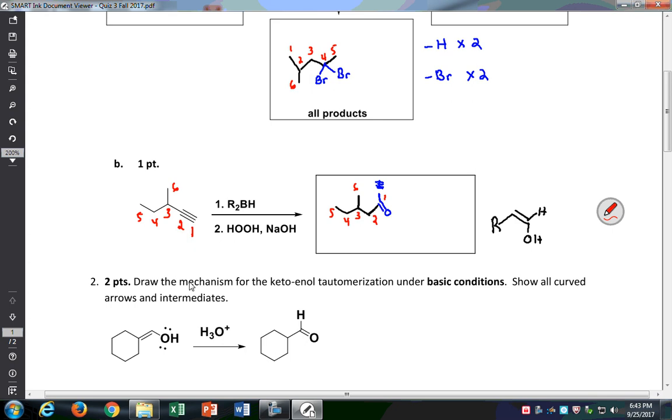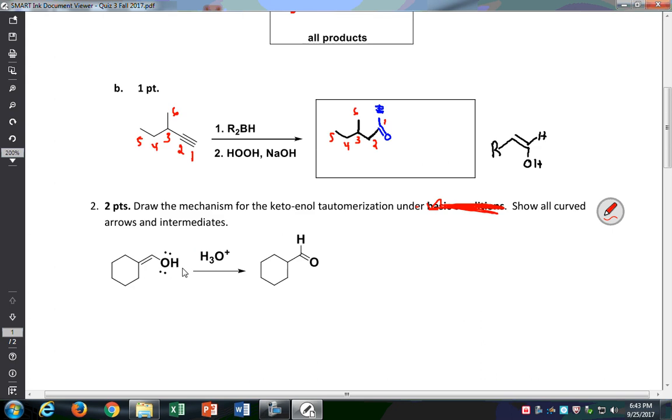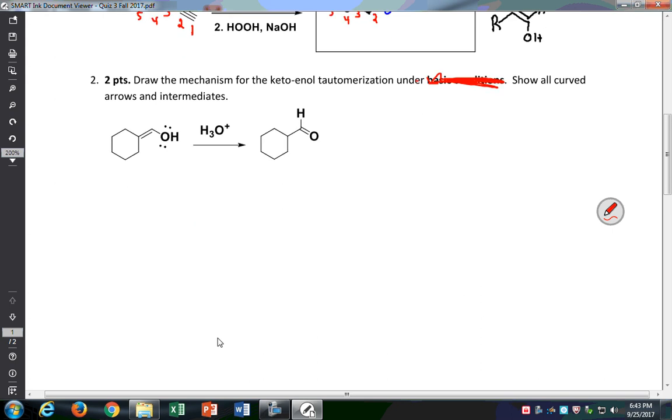Now I'm sorry about this. This is basic conditions and I have acid. Pay attention to what's here as an H3O+. So I'm sorry about that. You can always raise your hand and ask me about that if you see that when you're taking it. So here we're looking at the tautomerization under acidic conditions, though you should be able to draw it under basic